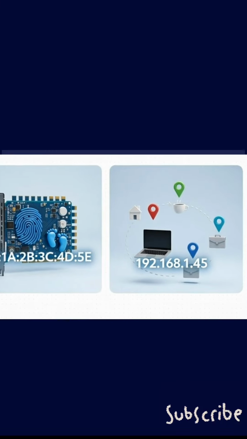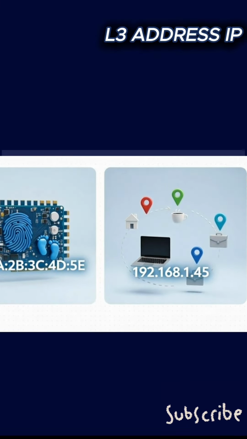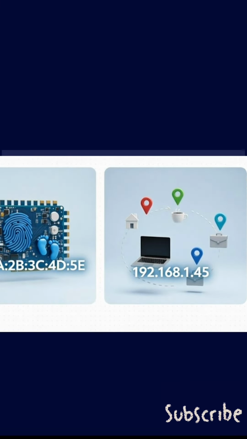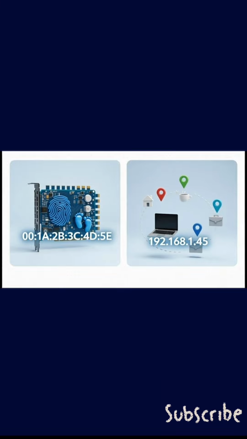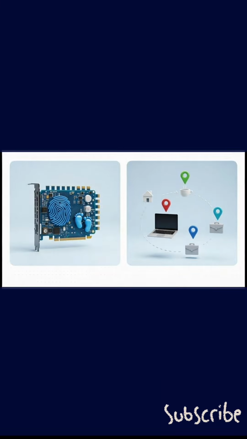But then you also have an IP address. This is more like your current mailing address. It's temporary, assigned to you when you connect to a network, and it can change depending on where you are. The switch uses that permanent MAC address for local deliveries, and the router uses that temporary IP address for global